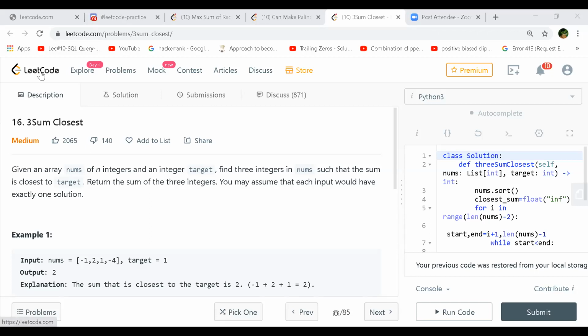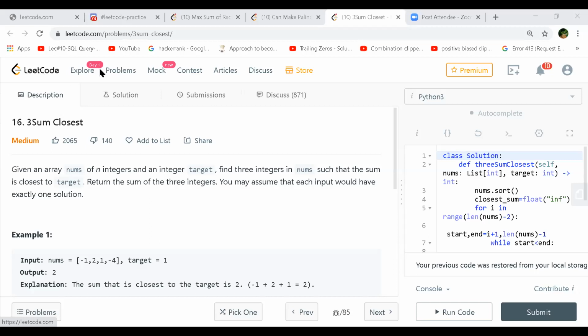Either you do one outer loop going from the zeroth index to the last index along with a two-pointer approach inside that outer loop, so the complexity boils down to N squared. And you still have to do sorting because it's a two-pointer approach, so N squared plus N log N. That is one approach.